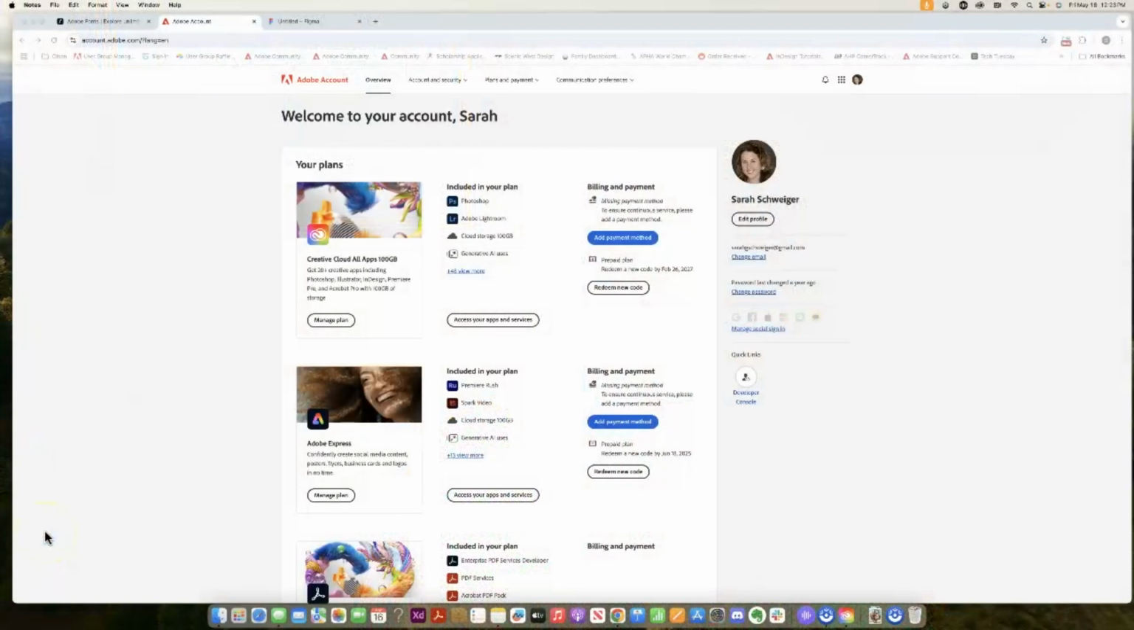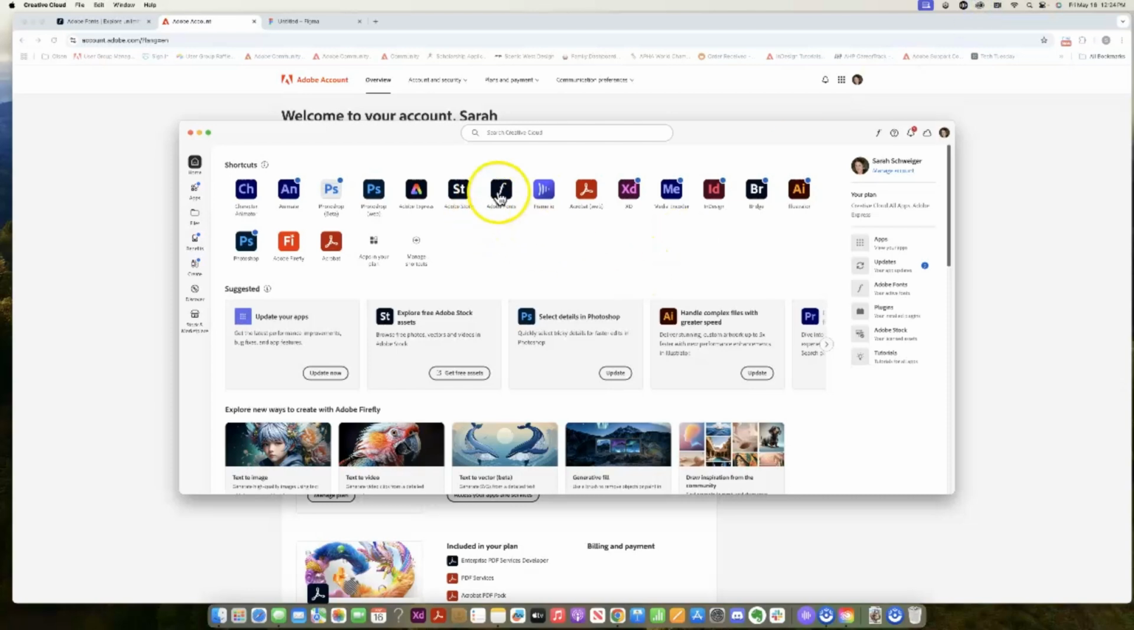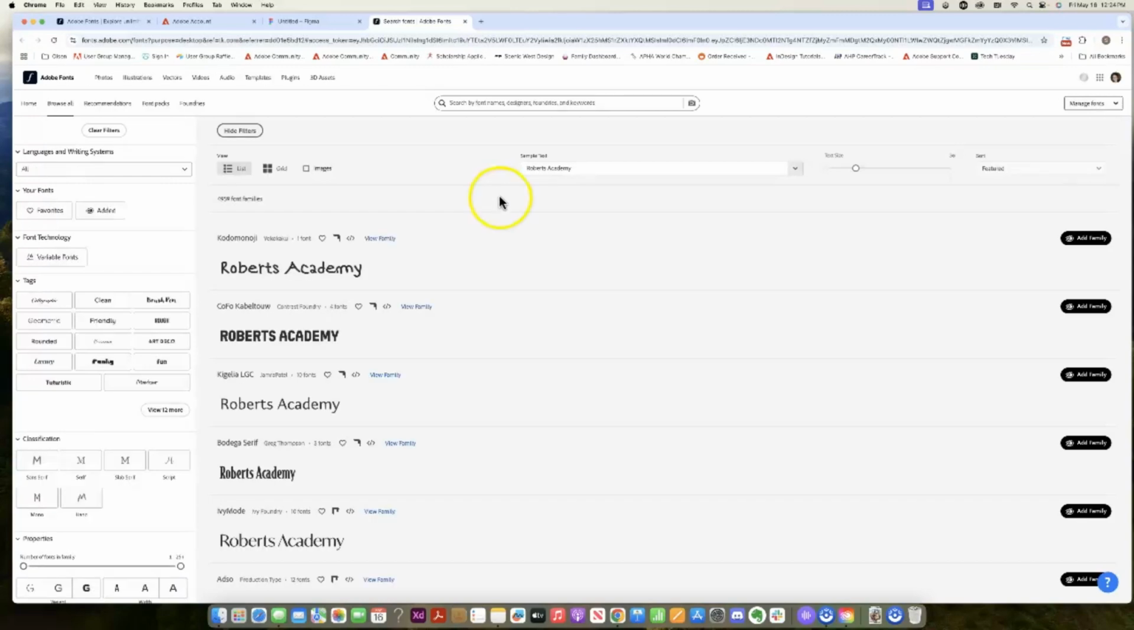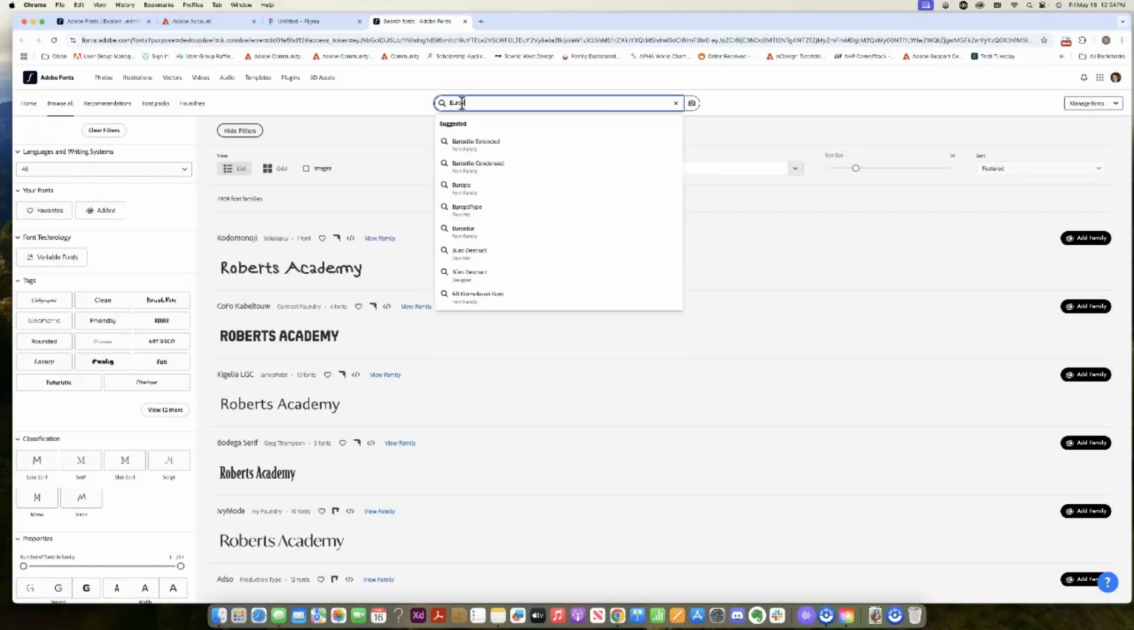So let's get started. First, make sure you're signed in to the Adobe Creative Cloud desktop app. If you don't have it installed yet, head on over to adobe.com/Creative Cloud and download it. It's free for Adobe subscription. The next thing that I would tell you to do is go over here to your Creative Cloud icon and choose Adobe Fonts. That's going to open up a browser window that shows you all the different fonts that Adobe Fonts offers. And if you already know the font name that you want, go ahead and type that in the